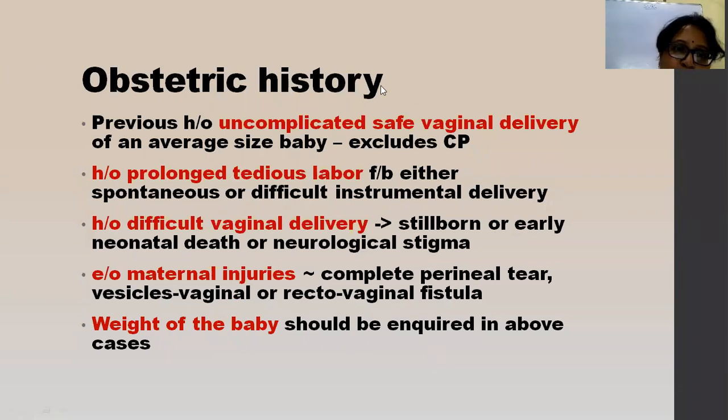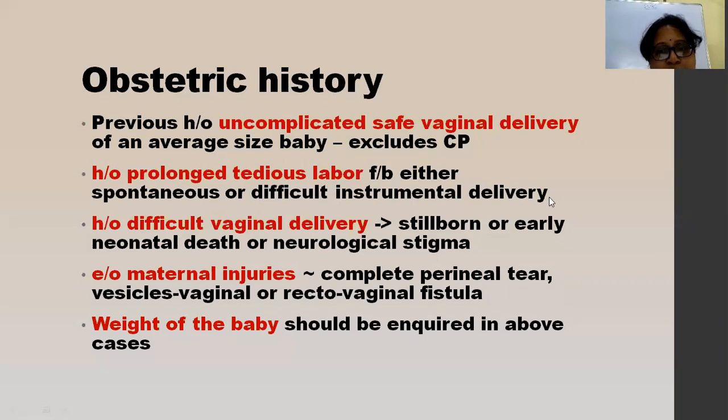Next is obstetric history. In obstetric history, we have to inquire whether she had any previous uncomplicated, safe vaginal delivery of an average size baby. This will exclude contracted pelvis. But if the patient gives a history of prolonged tedious labor, you have to inquire about all these things in obstetric history. Whether she had any previous history of prolonged tedious labor, which is followed either by spontaneous delivery